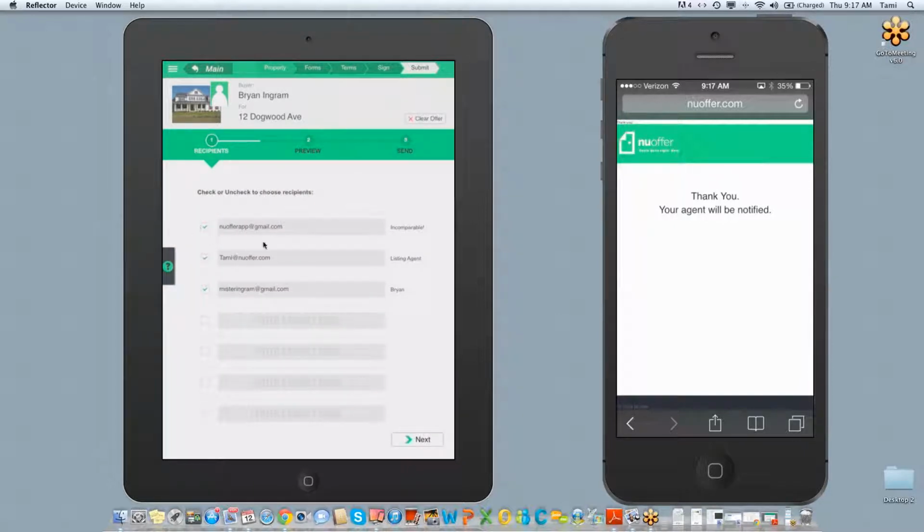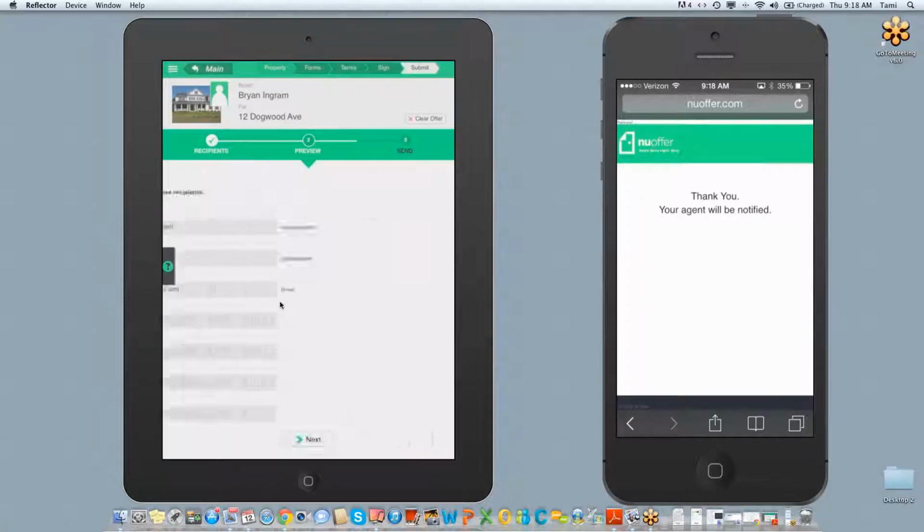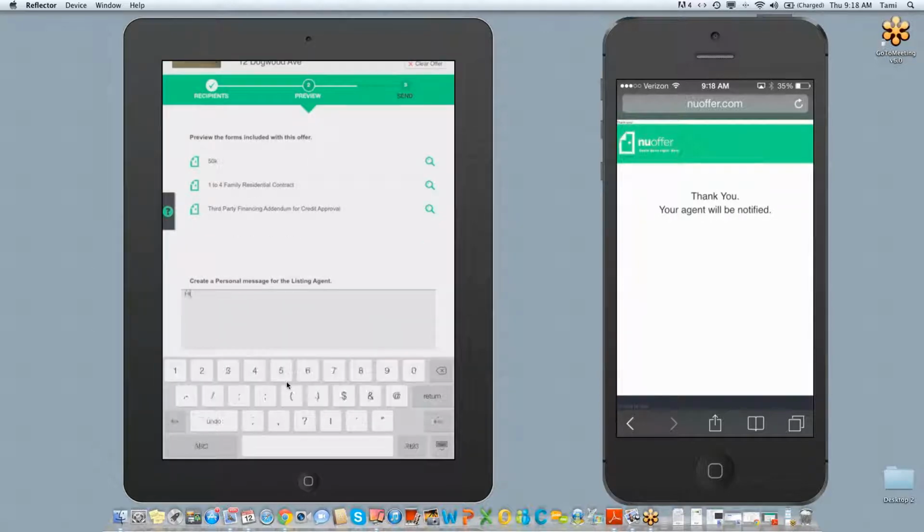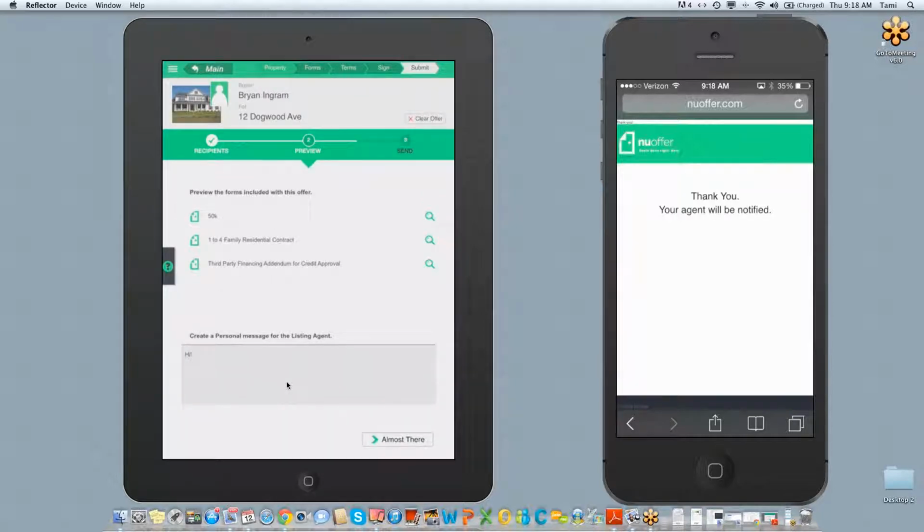This offer is going to go to me, it's going to go to the listing agent, and it's going to go to my buyer, Brian. If I want to add anybody else, I can just add them right here. I can preview all these documents one more time by tapping here, and I can add a personal message to the listing agent. Hi. I'm going to tap almost there,